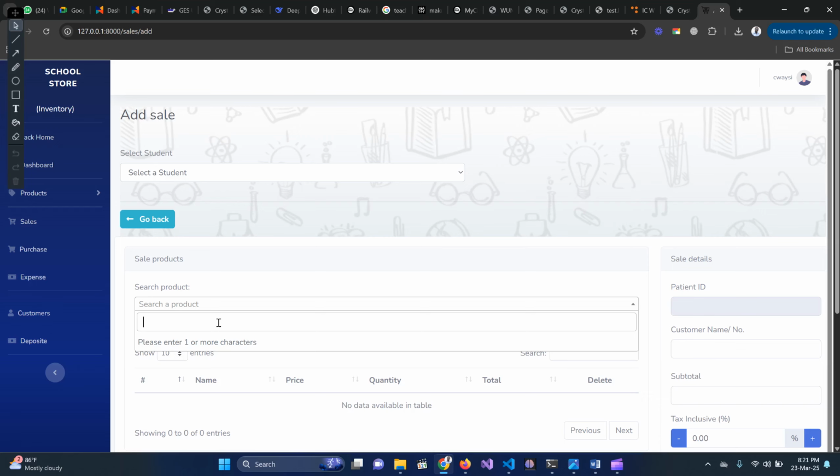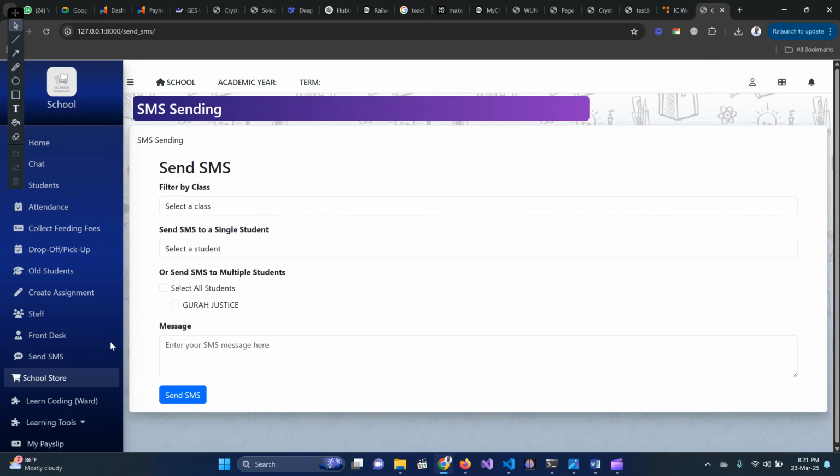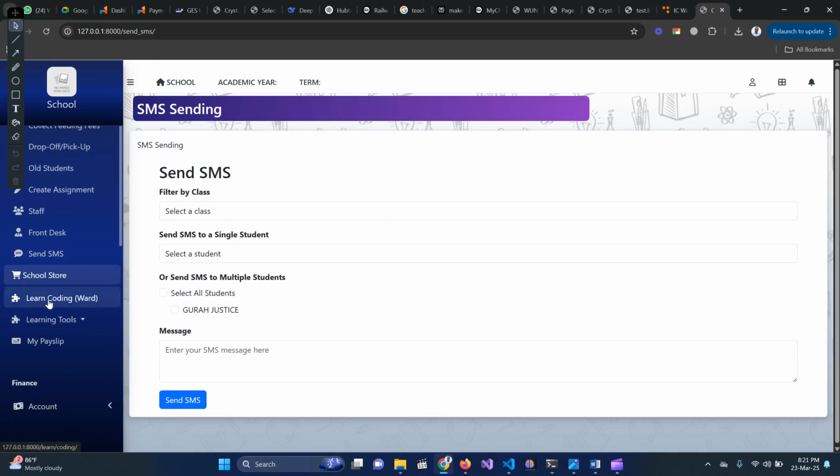So coming back, now we have the learning coding tools. Some, like Alchemy and Kitbase, are external tools that have been embedded in the system. And then when we come to the finance and accounts side, that's where you have your